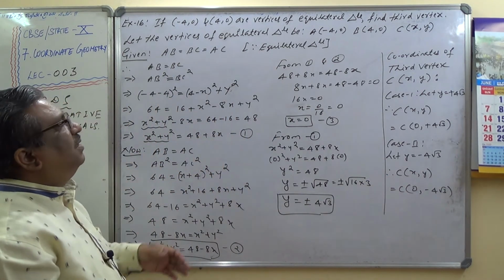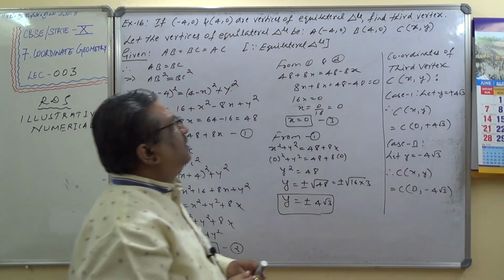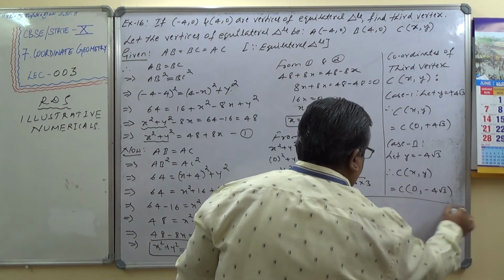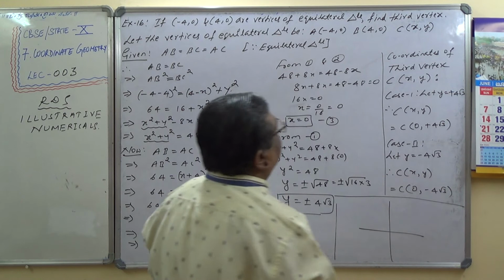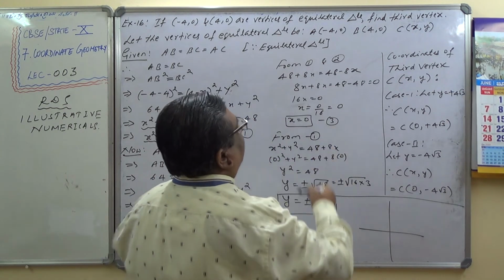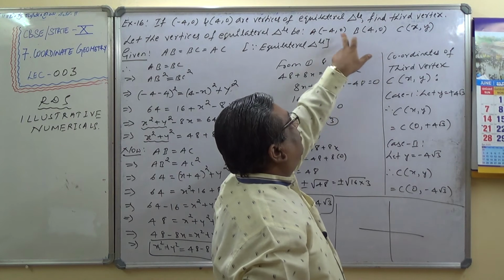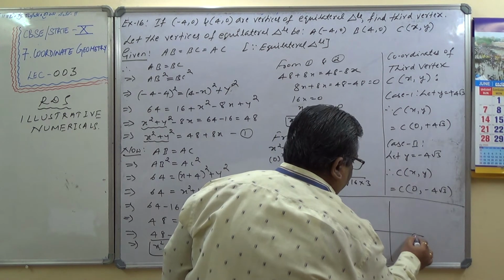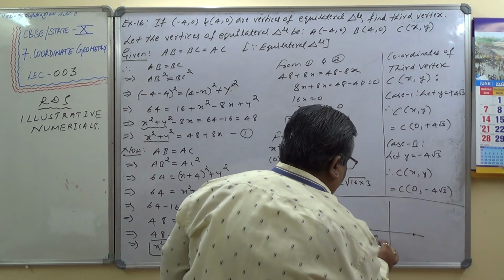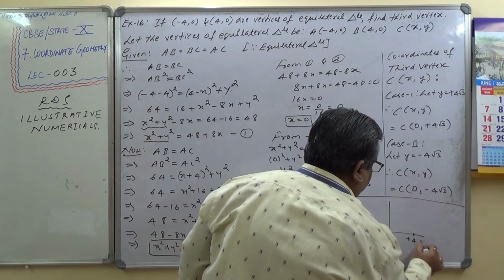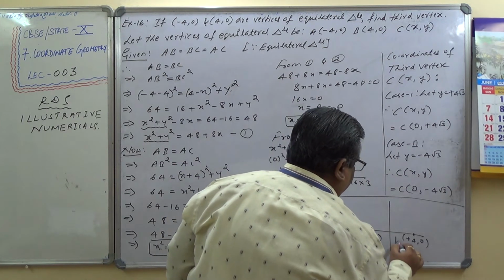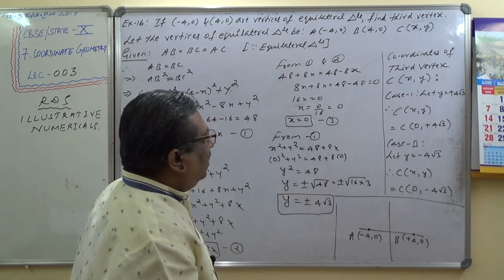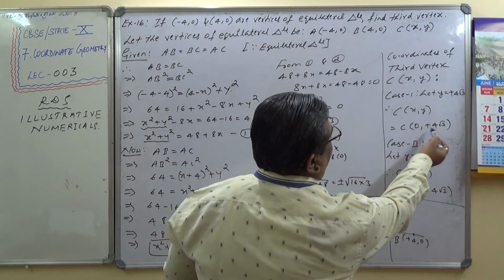Diagrammatically, if I would like to represent it, see here, a small diagram I will draw. If you can understand it is good. If this is the coordinate axis, A and B, x coordinate here, x coordinate here, y is 0, so both will lie on the x axis. This is minus 4, this is plus 4. Minus 4 comma 0, plus 4 comma 0. This is A here and this is B. These are the coordinates. Y coordinate is 0, hence this lies on the x axis. Now see, third vertex is 0 comma 4 root 3.